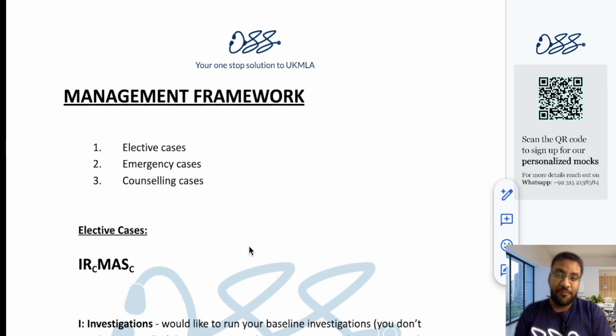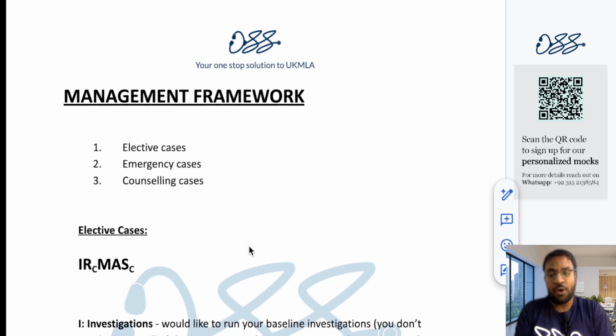And before I start off, this is very important, because if you go and look at the result sheet, if you just get a chance to see the scorecards, you're going to see that people score high in their data gathering, people end up scoring high in their IPS as well, but the management is the thing that is always on the compromise. And you would see that most of the people and most of the IMGs are scoring low in the management. Okay, and the sole reason is that it's not that the people are not aware of the medical knowledge or the clinical knowledge that is behind the management.